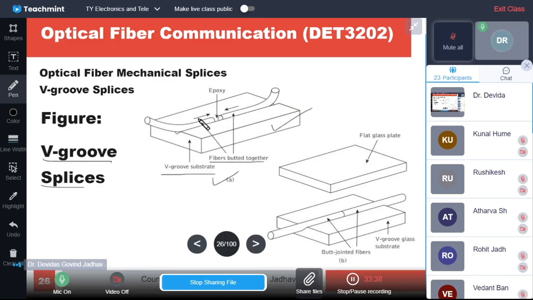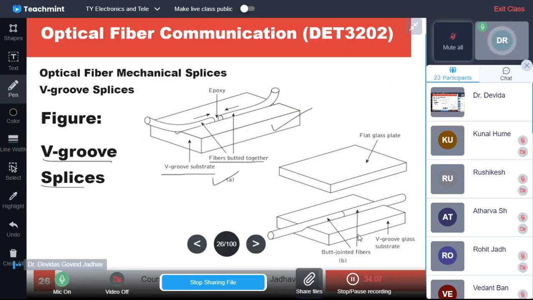Two fibers are pressed against each other while achieving the mechanical splicing, and there is epoxy filled in between the gap. So these are the process steps, and once the epoxy is filled, a flat glass plate is placed over it, and that is